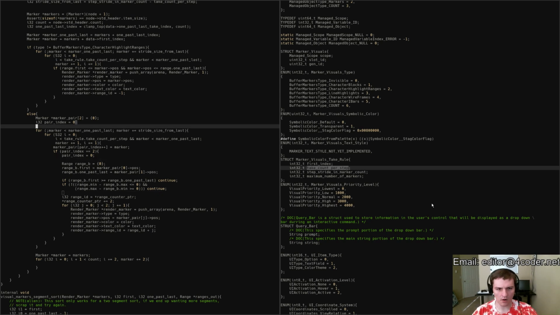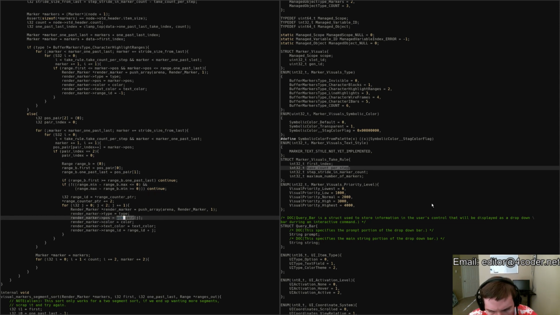Really, we don't need marker pairs. What we need is just position pairs. And so this would look like this. This removes an extra dereference. Okay. So now what we're doing is we're iterating in by the exact same rule, and every time we see